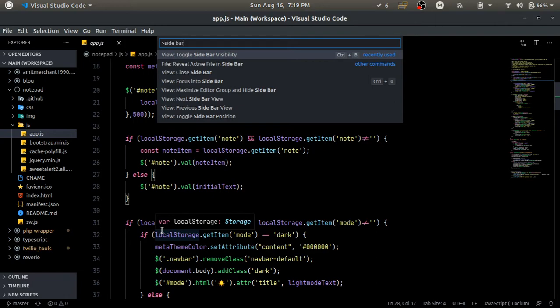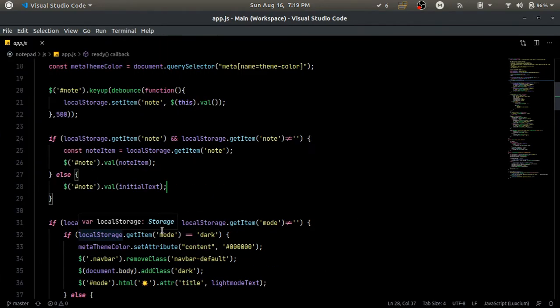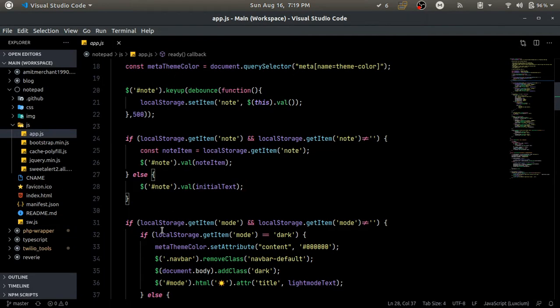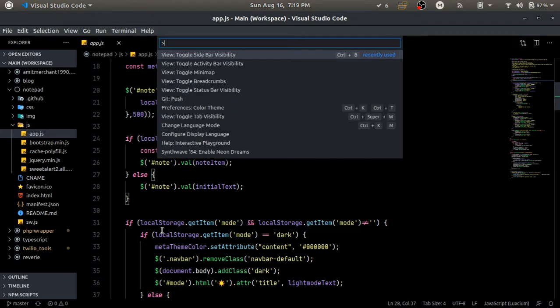We will press this option, and it will get rid of the sidebar as well. Now if you want to access that sidebar, you need to toggle that option again, and your sidebar will be back. But I will toggle it once again for now.